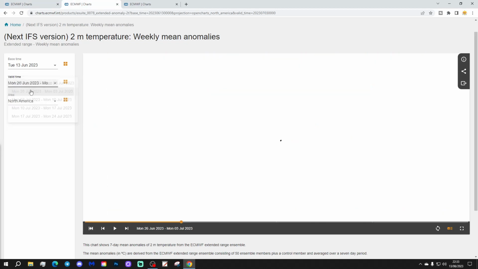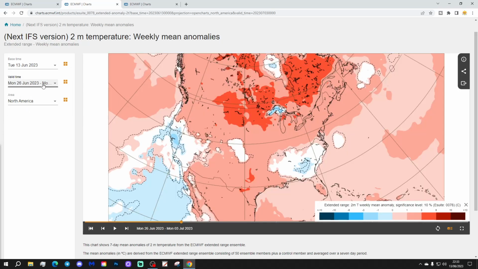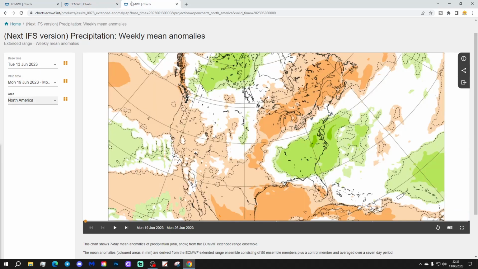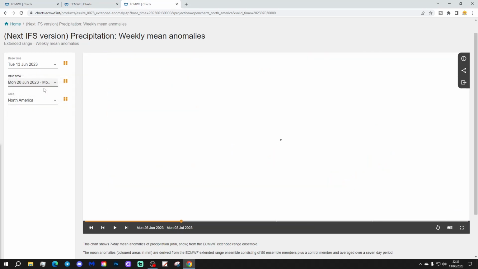The temperature anomaly for week 2, 26th of June to 3rd of July: generally warmer than average in most areas. It is still a little bit on the cooler side toward the Pacific west coast and in the extreme southeast corner, something like Georgia, a little bit cooler than average. But actually most areas looking above average and particularly warm or hot through the northern states once again, and back into Canada as well, actually.